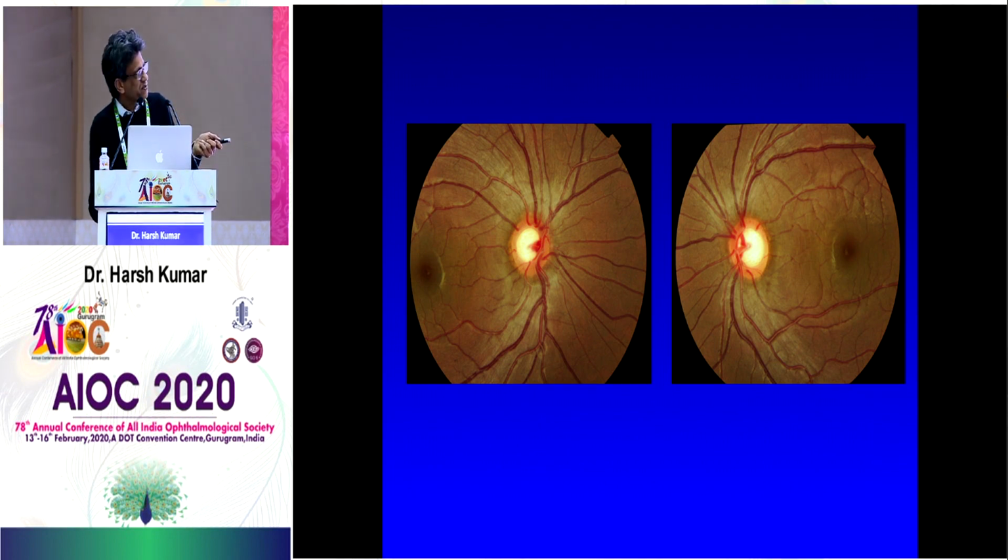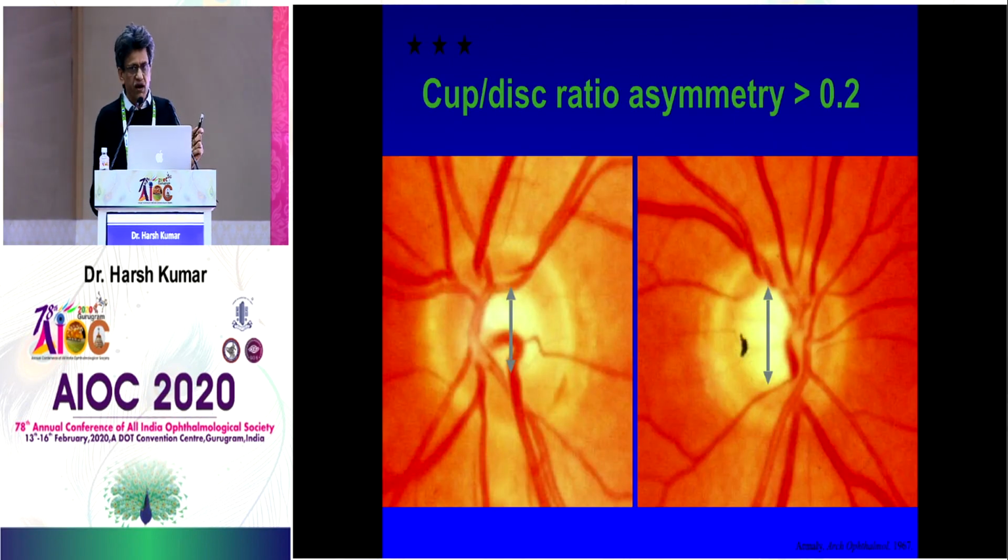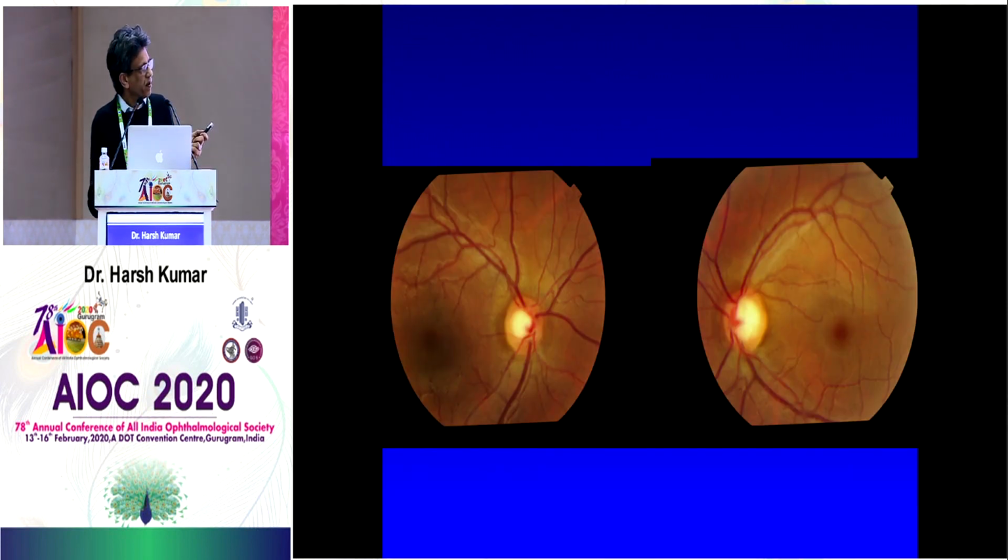Look at the striations. Okay, these white striations are beautiful. Okay, the neuroretinal rim is perfect. I don't see any notch anywhere, okay? Same with this. So they are normal. The second thing we were taught was that if the cup disc asymmetry is more than 0.2, then we jump up, saying something is wrong, okay? So this disc came, somebody referred it saying, this is defective, sir, you had said that if there is a 0.2 defect, then it is 0.2 larger, right? Is something wrong or not? What do we do? Investigate it?